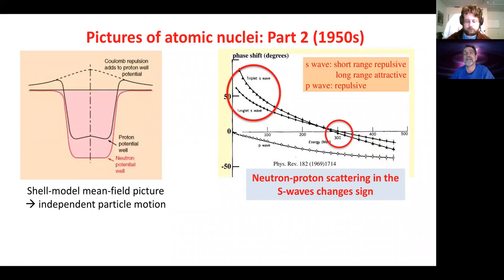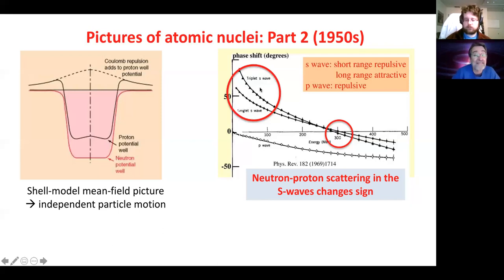There was existing data that consisted of neutrons and protons scattering off each other. And it had this kind of behavior here. I don't know if any of you have done scattering and learned about phase shifts, but it's a property of the wave functions that is related to the cross section. And the bottom line here is that the fact that it's positive for low energy and changes sign for high energy meant that the interaction between these two nucleons, so they're not in a nucleus, they're just in free space in a scattering experiment,